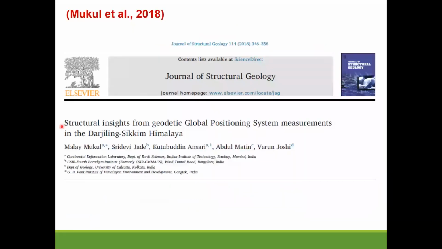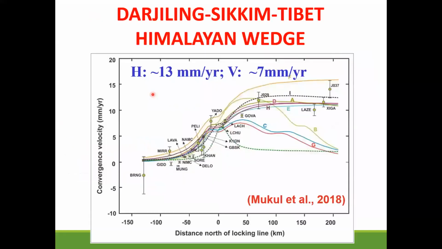Similar work in Darjeeling Sikkim Himalaya done by me, my students and my colleagues also points to similar things. The green line here tells you where the maximum uplift is. You can see the horizontal velocity is a little less than Nepal, but it's comparable. Vertical velocity is almost the same. So you essentially have, in the middle, somewhere around Yadong and Gangtok, the region that is deforming the most, and the velocities taper off here and taper off to the lower side.